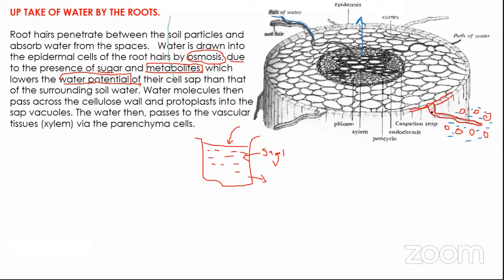So in the root hair, you normally have solutes, which are translocated via the phloem, normally around the xylem. They have sugars inside. It is those sugars that lower the water potential, its ability to move. So the water potential of the cell sap is lower than that of the surrounding soil water. The soil solution has a very high water potential, like its water has a higher ability to move. Now inside,